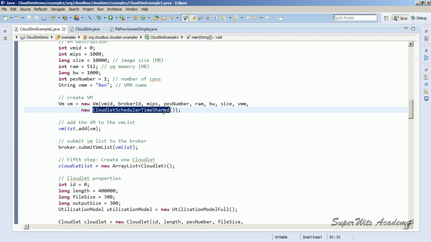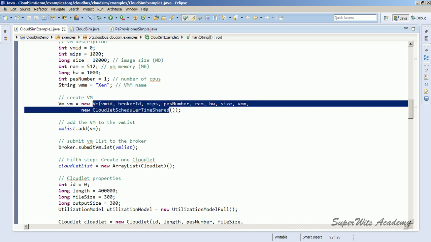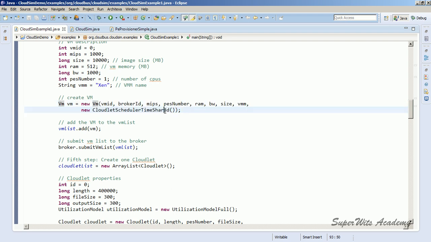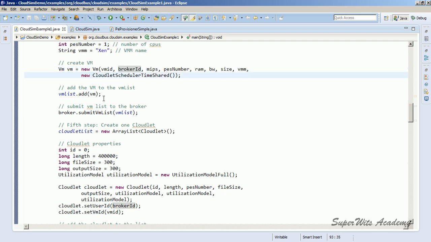If you see here, we have a time shared policy implemented for this particular VM. So whatever cloudlets are assigned to this virtual machine will be executed on the basis of a time shared environment. Once it is done, you add the VM to the list and then you submit the VM list